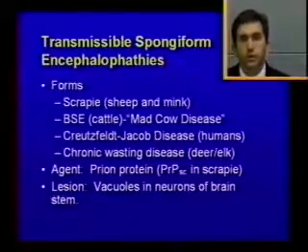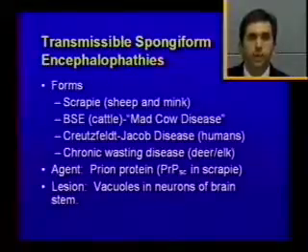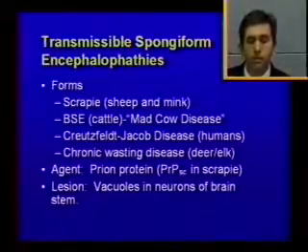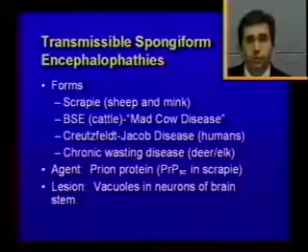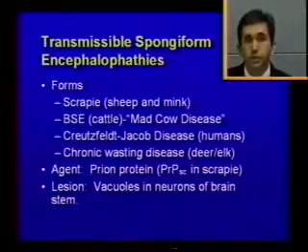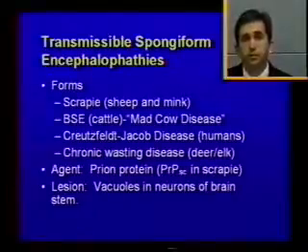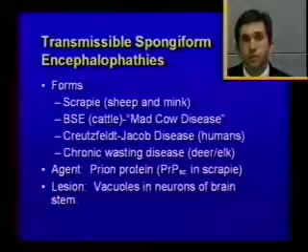One group of infectious diseases that has received a lot of attention lately, and it's very important for the veterinarian to be able to understand these, is the transmissible spongiform encephalopathies. The prototype of these is scrapie. This is an infectious disease of sheep and goats caused by an agent known as a prion, or a prion protein. The reason this has become so important is first it was discovered as a disease of cattle in Europe